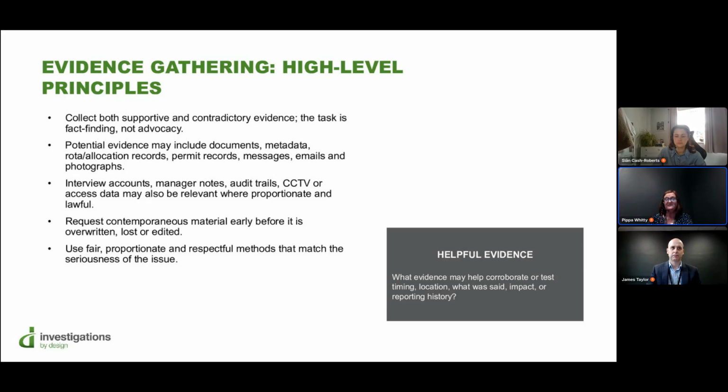Finally, it's worth noting that in some cases, particularly those involving message apps, it's not unusual for WhatsApp chats or group messages to get tidied up once an allegation is raised. That loss of material can seriously undermine an investigation. So this point will become especially important when we look at conflicting accounts shortly. So with that in mind, I'll hand back over to James, let him walk through protecting evidence and integrity.